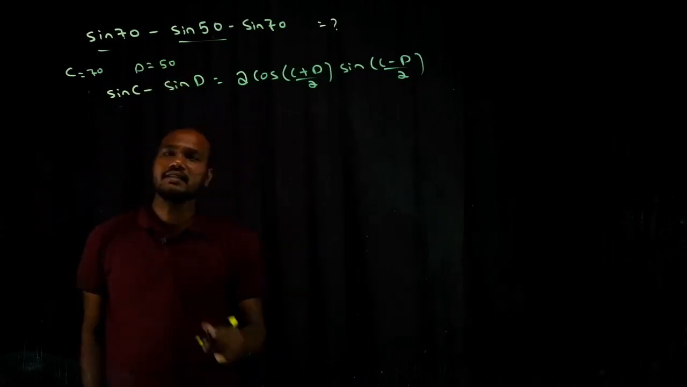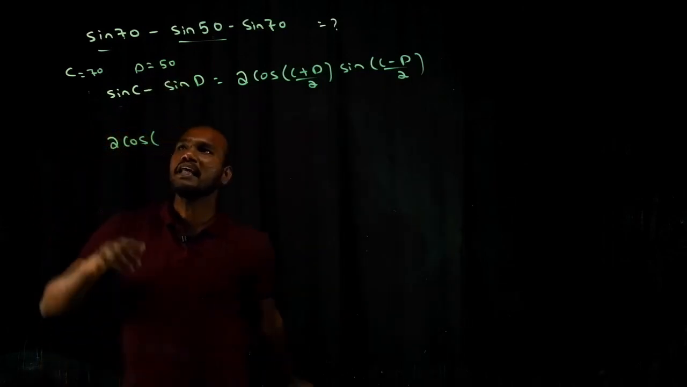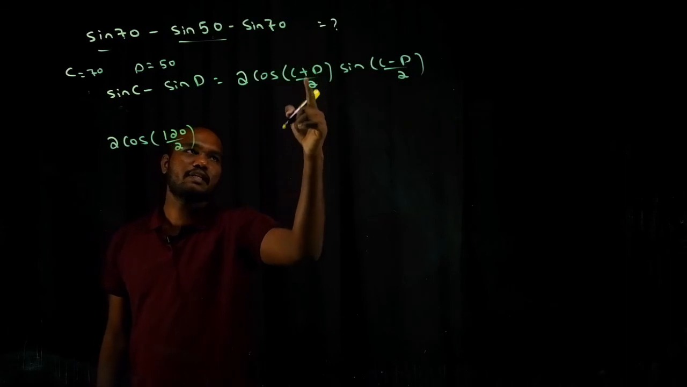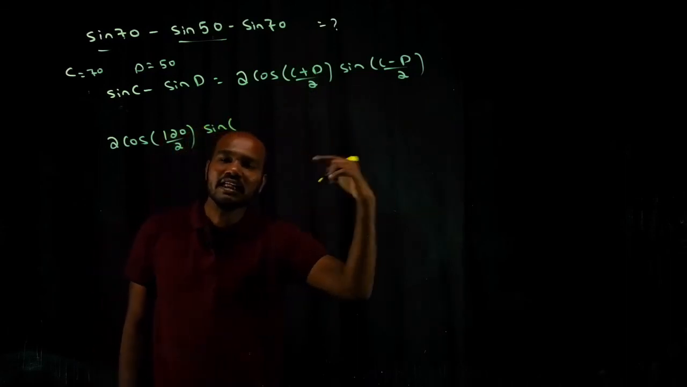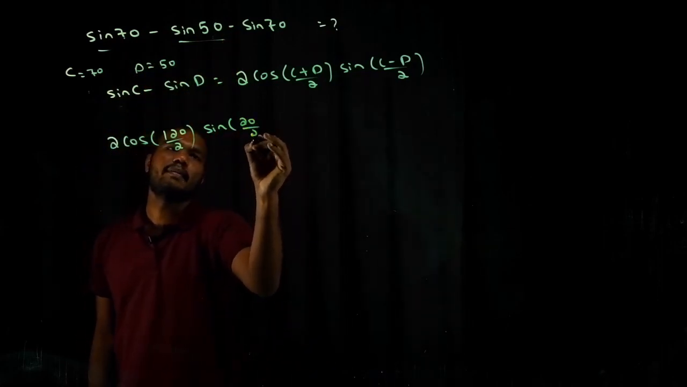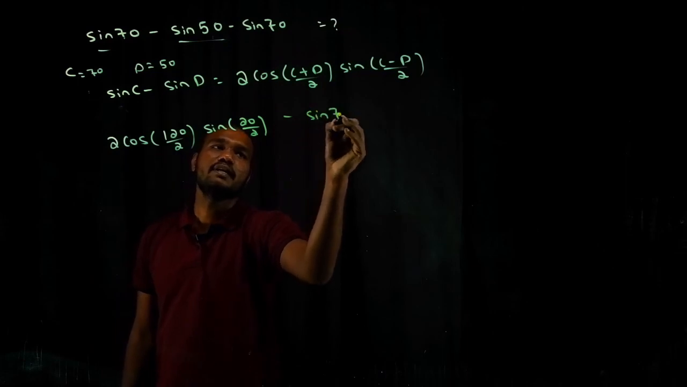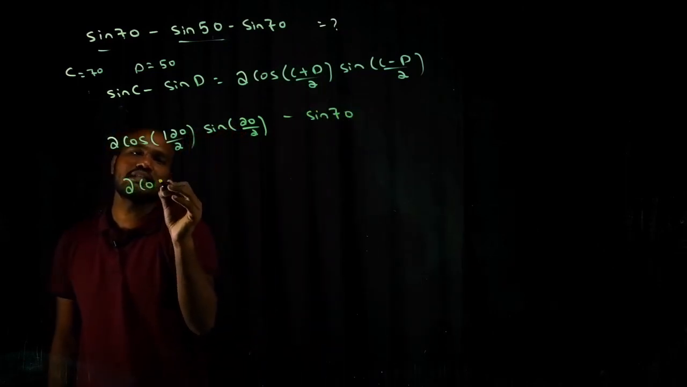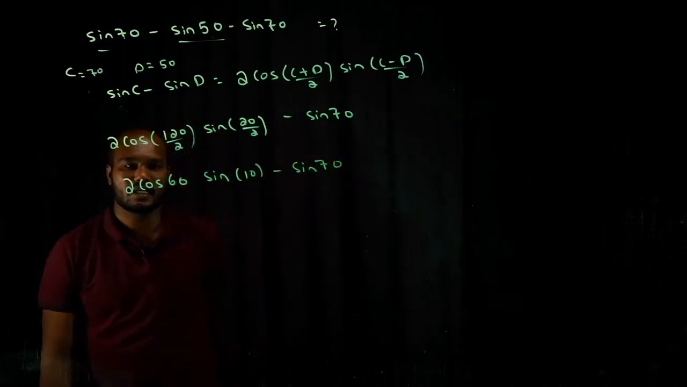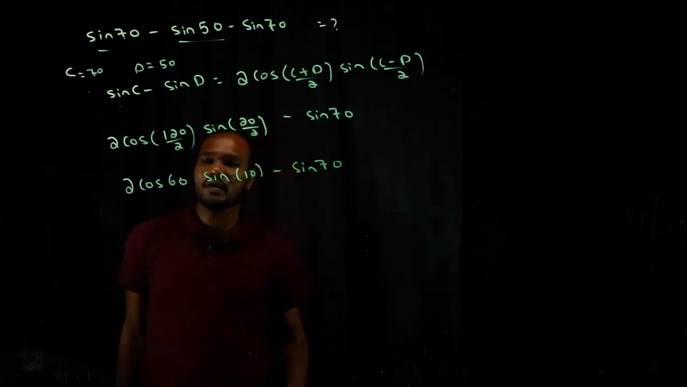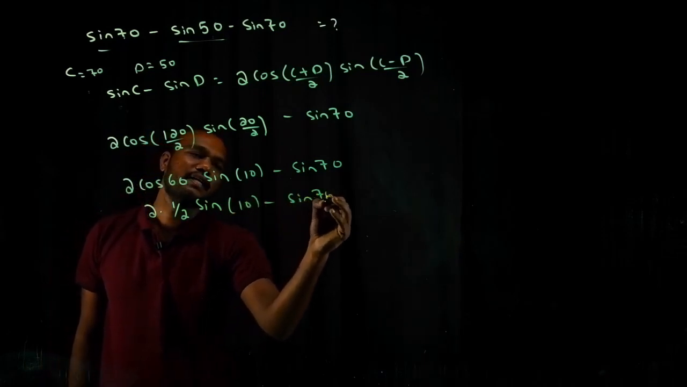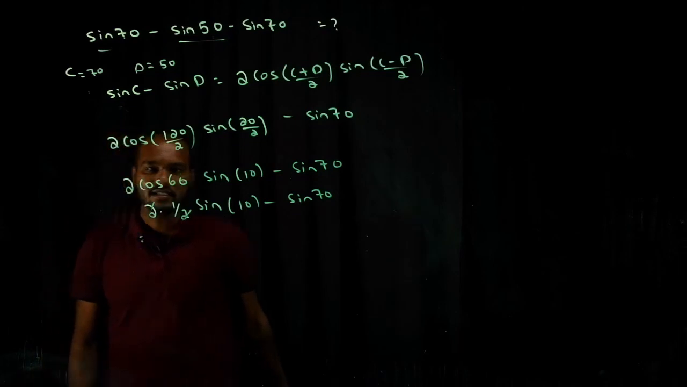So sin C minus sin D is 2 cos C plus D by 2. That means 70 plus 50 is 120 divided by 2. Sin C minus D by 2. That means this minus this. 70 minus 50 is 20 divided by 2. There is some number, that is sin 70. Just keep it as it is. Now 2 cos 60 degree sin 10 degree minus sin 70 degree. Cos 60 is how much? 1 by 2. So 2 times 1 by 2 sin 10 degree minus sin 70 degree. So 2 and 2 get cancelled. Sin 10